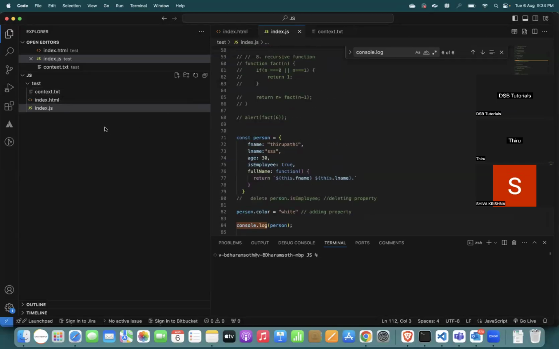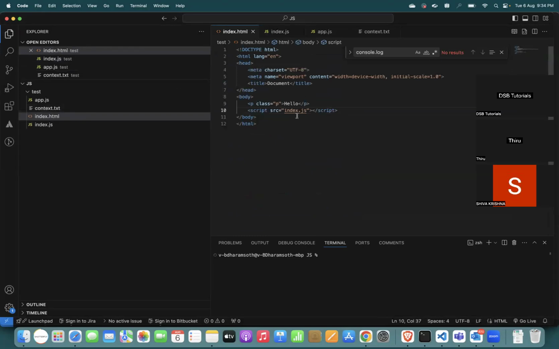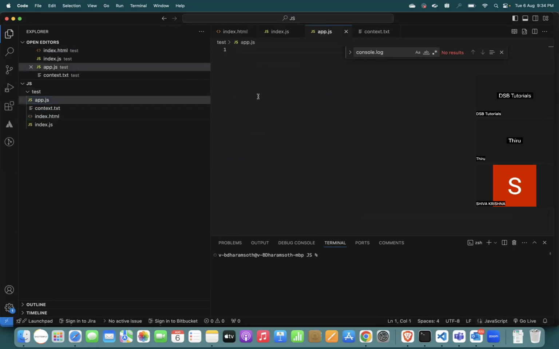Otherwise, I will create one more file, app.js. I'm just creating index.html directly here and changing it to app.js. In app.js, I'm writing one object. In the real world, I'm giving one banking example, how the banking system works, how a deposit will happen, and all these things. First I will create one